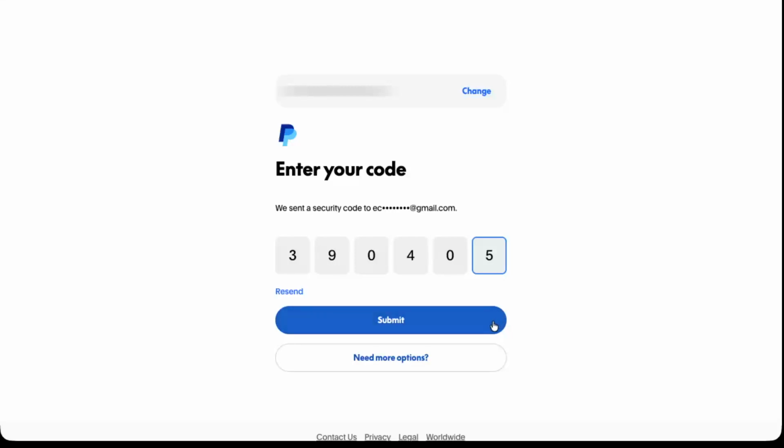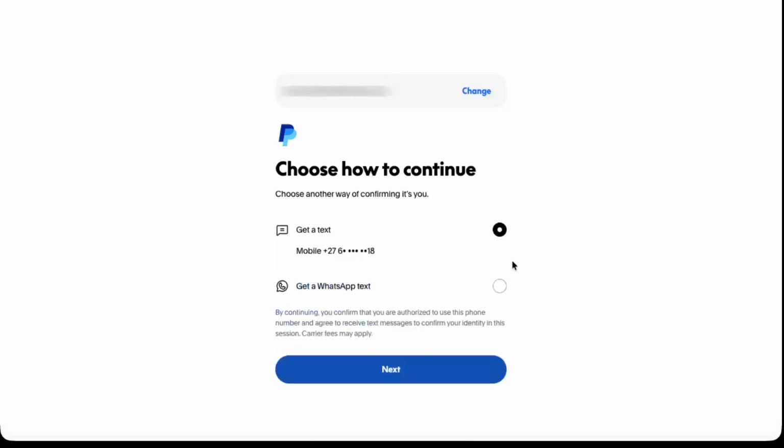Go back to the PayPal page where it's asking for the code and carefully type it in exactly as it appears. Double check for any mistakes, then click Submit. At this point, PayPal may ask you once again to confirm how you want to receive a code, sometimes giving you the choice between a standard text message and a WhatsApp text. This extra step is there to keep your account secure. Choose the option you can access, follow the same process to get the code, and continue through the prompts. After completing these verification steps, you'll be able to reset and recover your password and then sign back